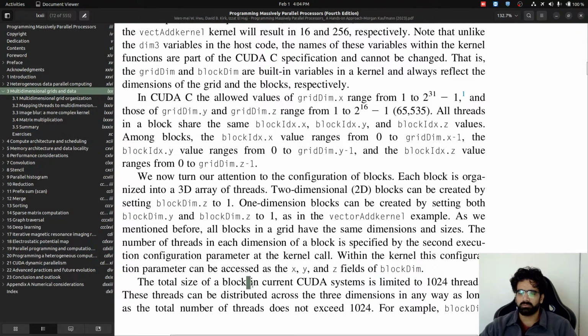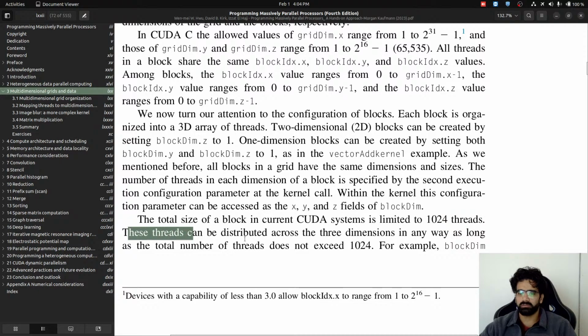The total size of a block in current CUDA systems is limited to 1024 threads. These threads can be distributed across the three dimensions in any way as long as the total number of threads does not exceed 1024. For example,